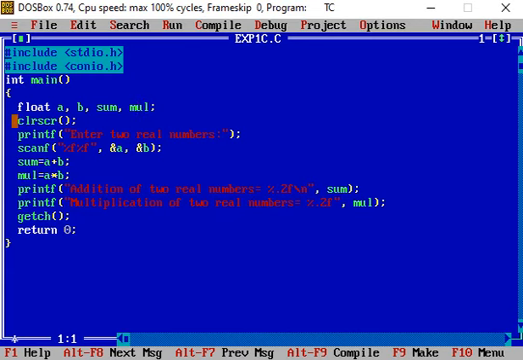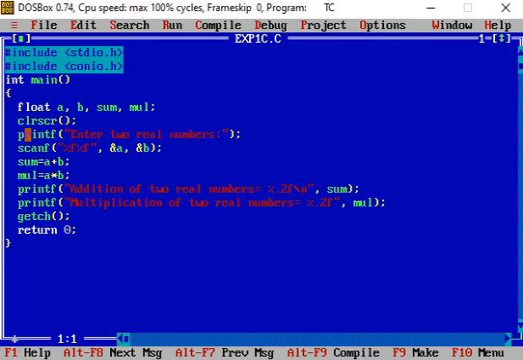The next statement, clrscr, clears anything previously written on the output screen. Then the printf statement, enter two real numbers. Generally we write the printf statement before the scanf statement to take data from the user, because when the scanf function is executed, the cursor blinks on the output screen.